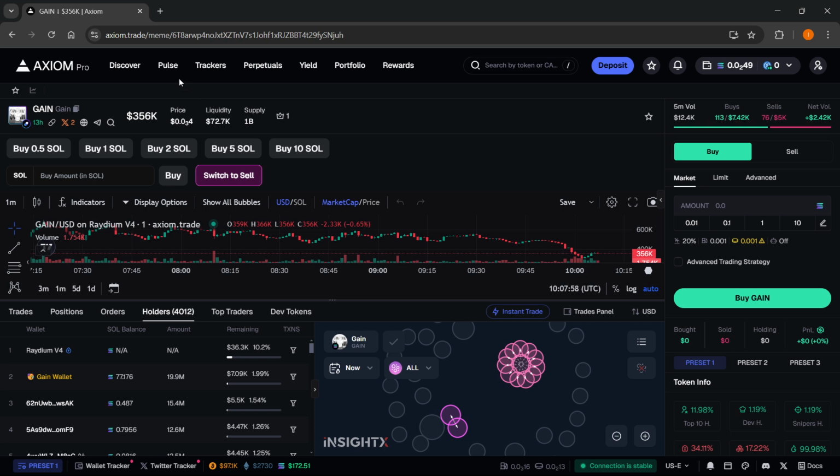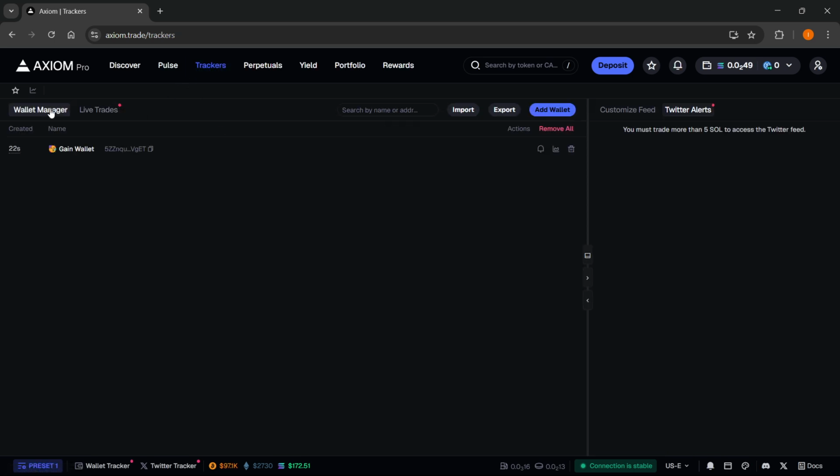And as I said, when you close this down and go over here into trackers, you can then see your tracked wallets under wallet manager. So that's pretty much it. That's how to track